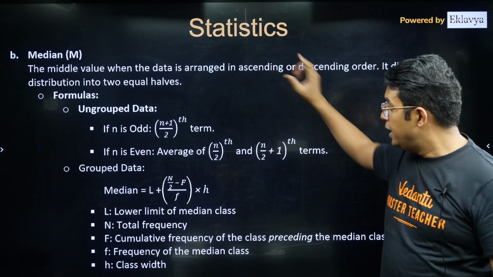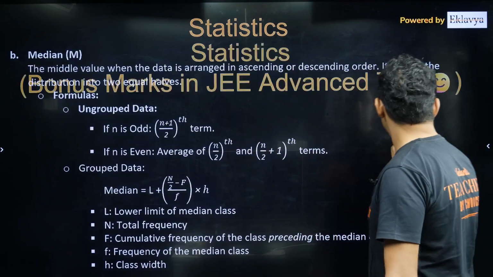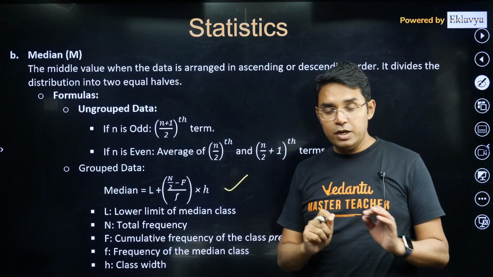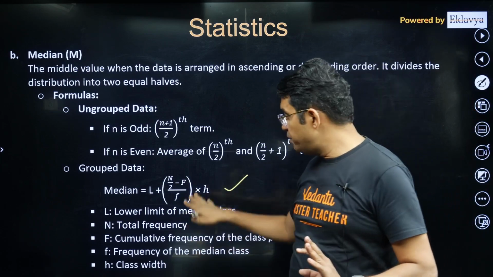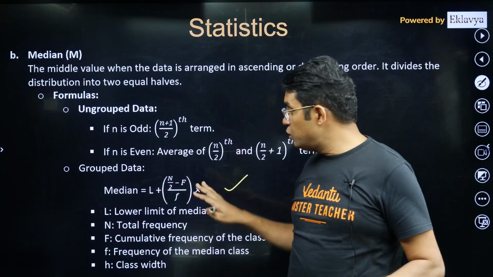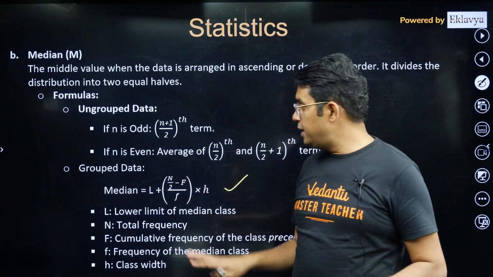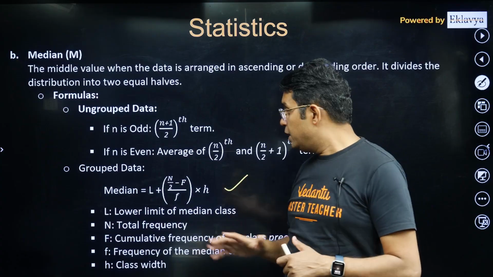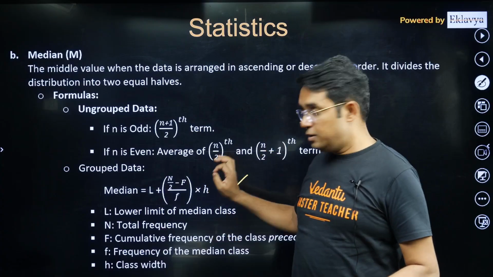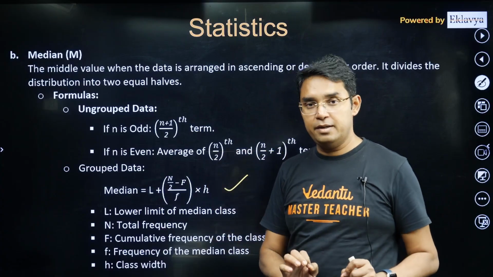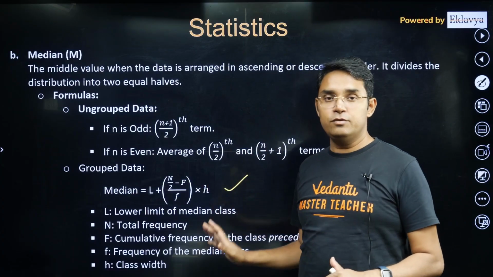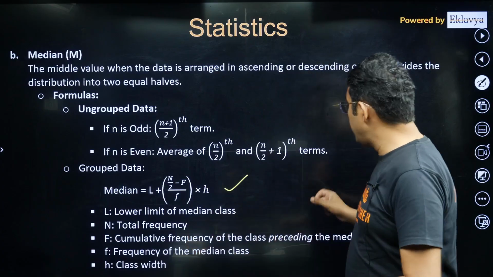Then median, then this formula. Dear students, this formula is one very important formula. I have seen one question in JEE Mains based on this formula, and people tend not to remember this formula, and if you do not remember it and there is some use of this result, you may lose your marks. So please read this formula and remember it. Try to do a few questions so that you can apply this formula in your exam. Similarly,